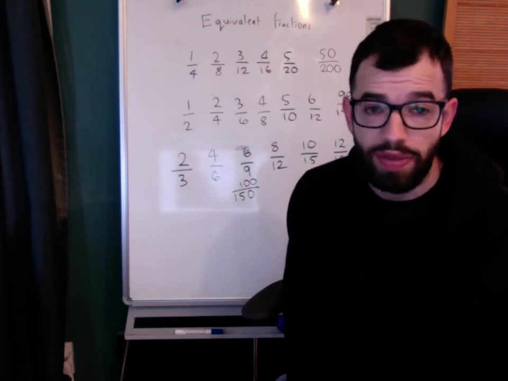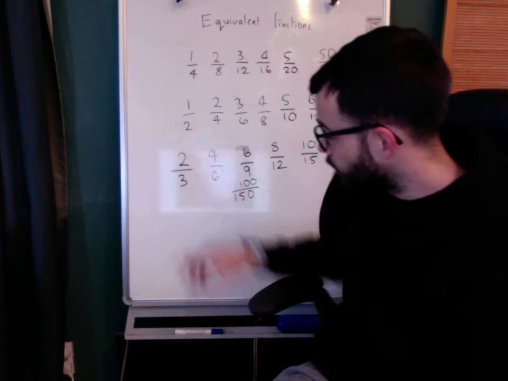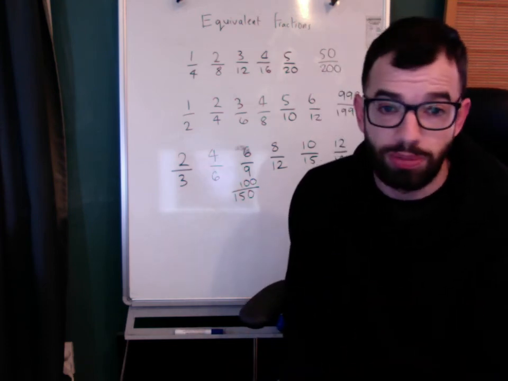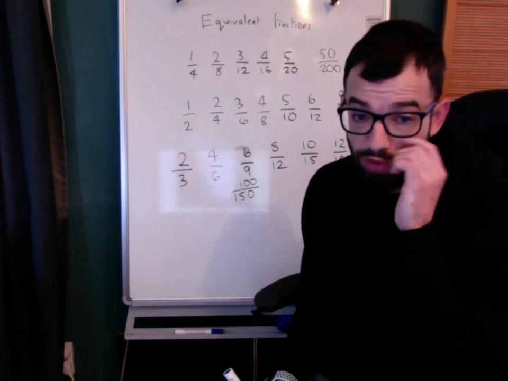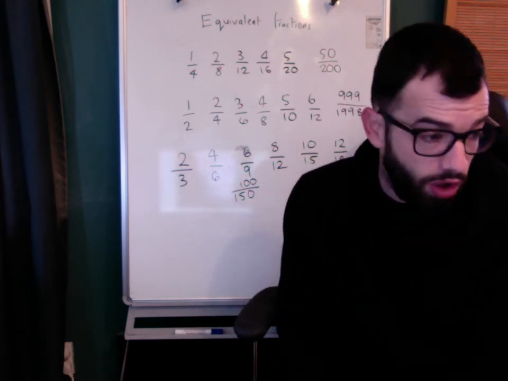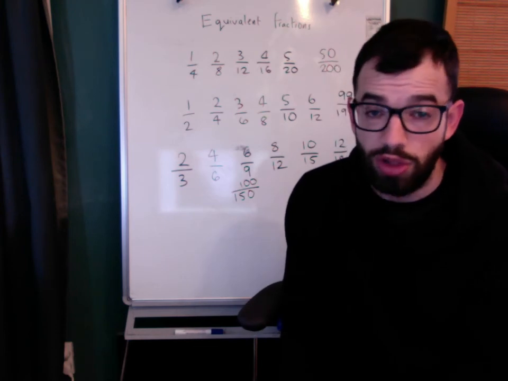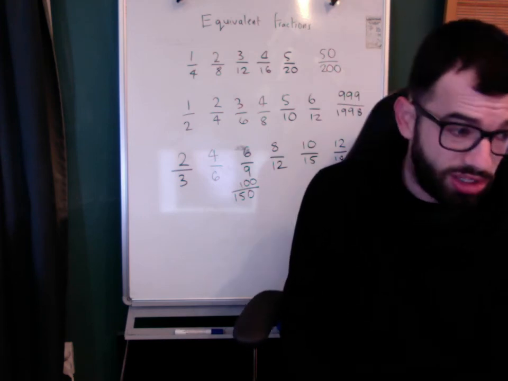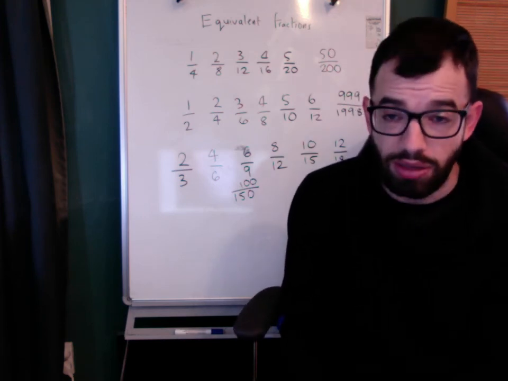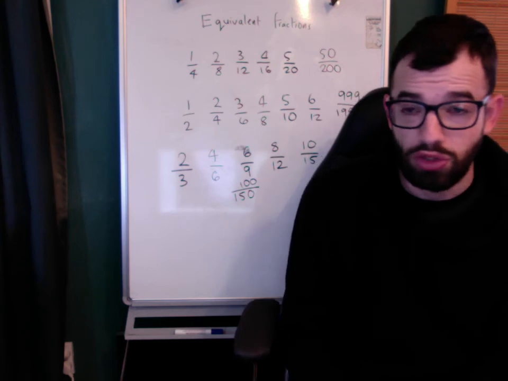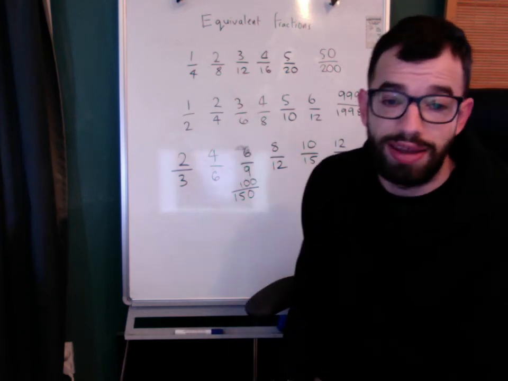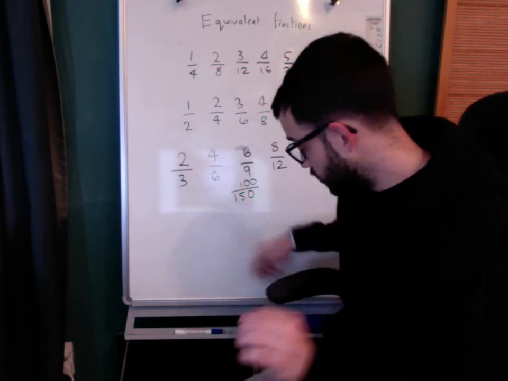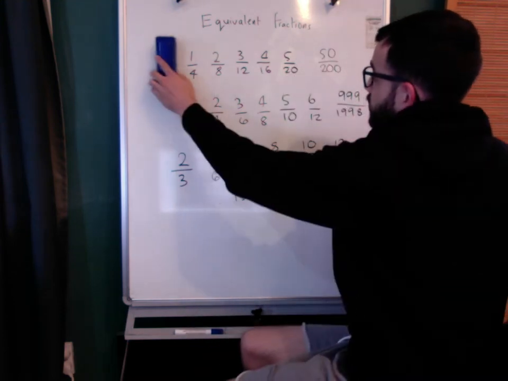The way we find them is by multiplying the original fraction by a certain number, and we do it to both bits, and that gives us our new equivalent fractions. Now we can obviously also simplify fractions, which is going back the other way, and that is also finding equivalent fractions. That's when we tie in our highest common factors and things like that. We'll be looking at that in a future video, but for now, this is just giving us a good idea of equivalent fractions. Now where this ties in and what we're going to then transition into